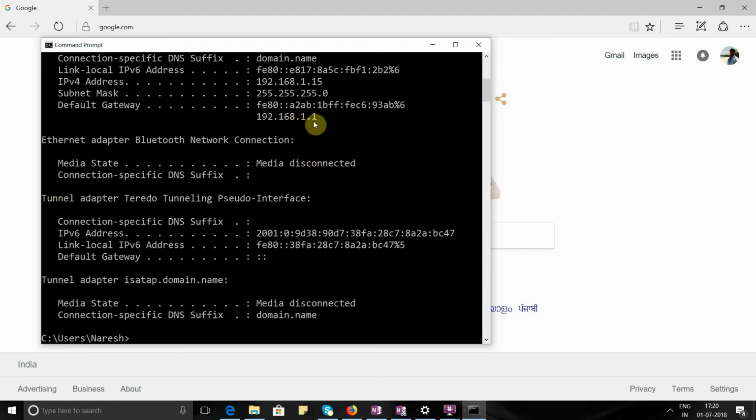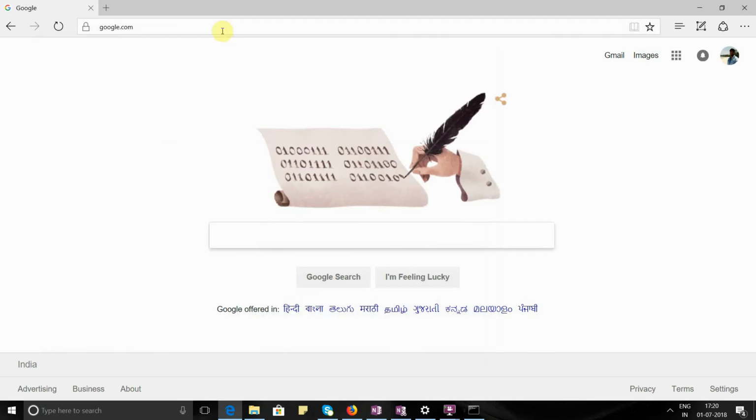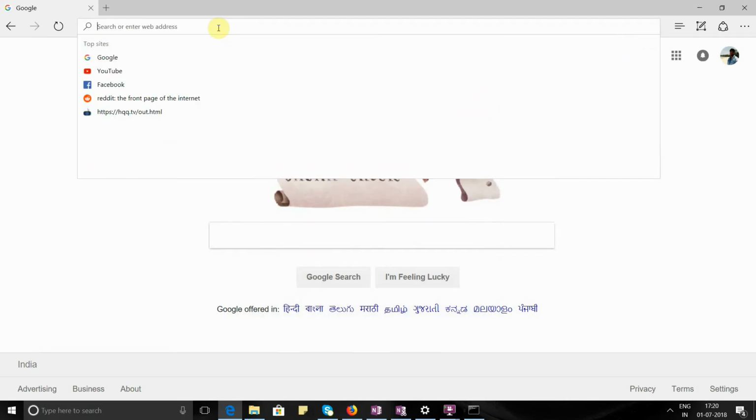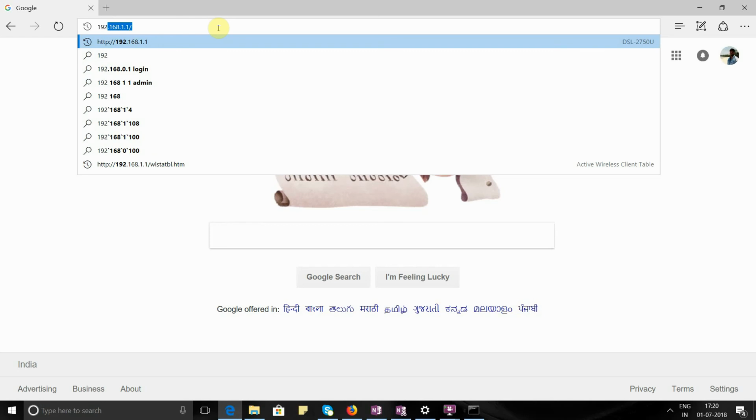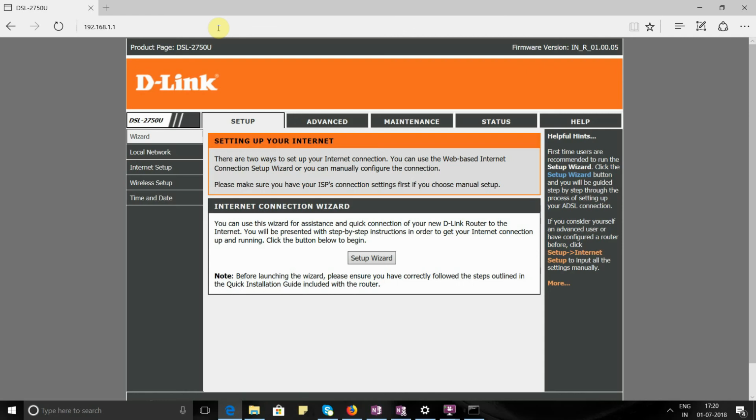So the D-Link router's IP address is 192.168.1.1. Please make a note of this IP address, minimize the screen, go to the address bar of any browser, type in 192.168.1.1 and hit enter. It took me straight to my